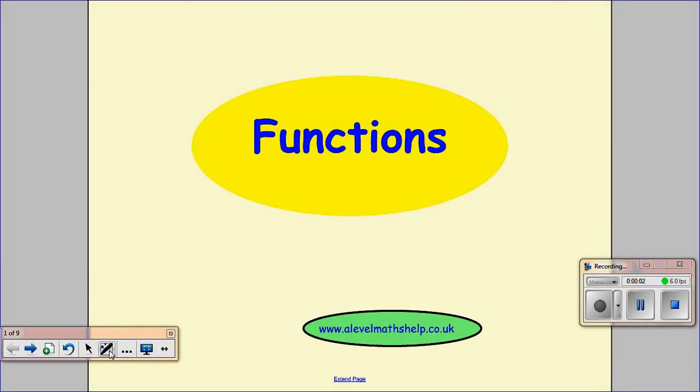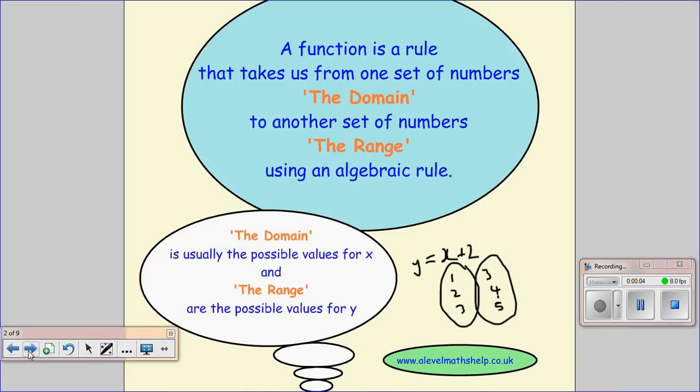Okay, hello. So in today's lesson, we're going to be just looking at functions. Now, what is a function? A function is a rule that takes us from one set of numbers, which we call the domain, to another set of numbers, which we call the range. And the rule can be anything. It could be times by 2, it could be plus 6, it could be times by 7, divide by 8,